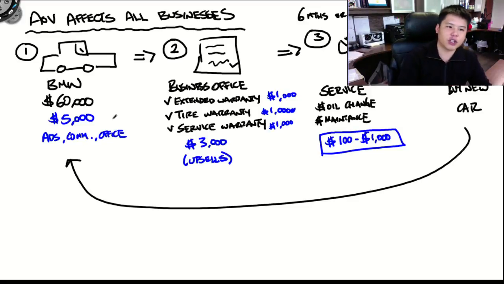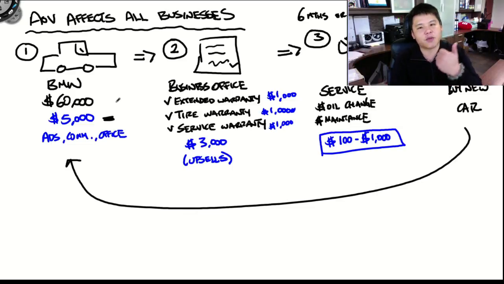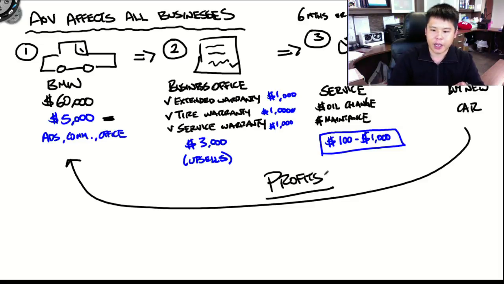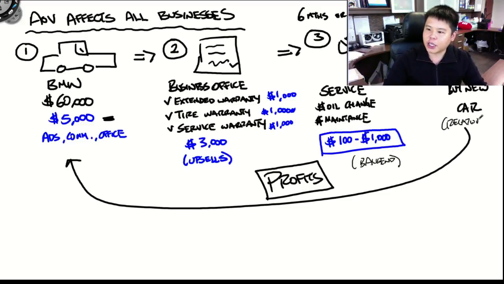Because if you look at step number one, and if this breaks even for their ads, for their commission, for their office, then technically when it goes to number 2, number 3, and number 4, all of these are going to be profits for the dealership, okay? These are all the profits for the dealership. So here we have upsells, here we have back end, and here we build a relationship to keep selling to them and repeat the cycle over and over and over again.